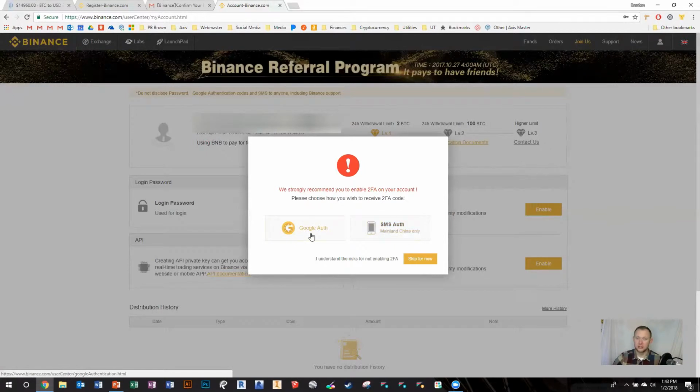Google authentication. So this is an application that you can download on your phone. So you would just go to the Google Store, type in Google Authenticator, and download that app. And I'll just show you what that looks like really quick. When you open that up, you'll see